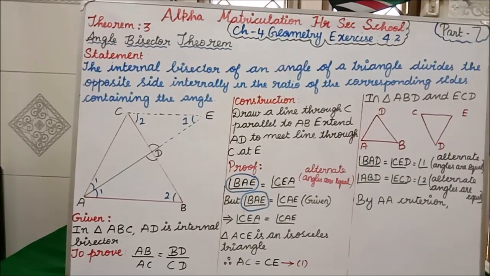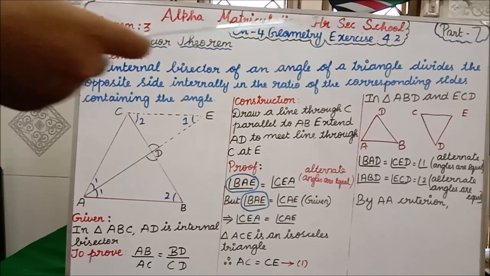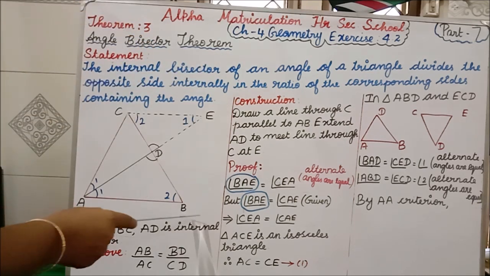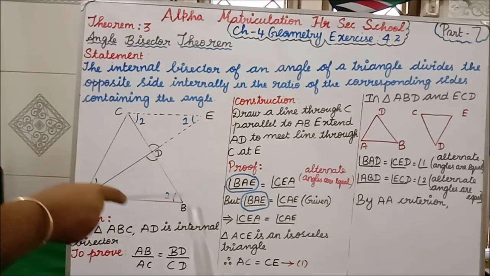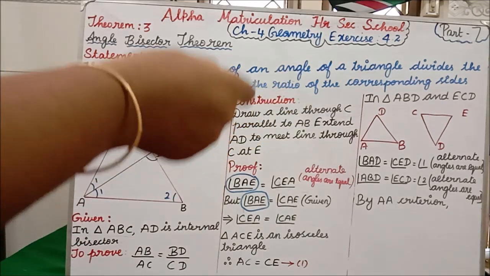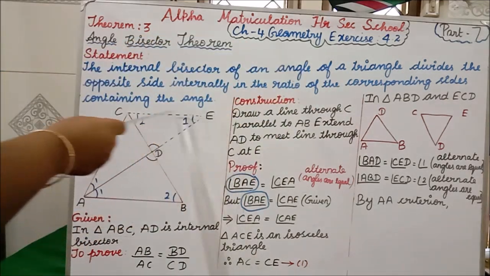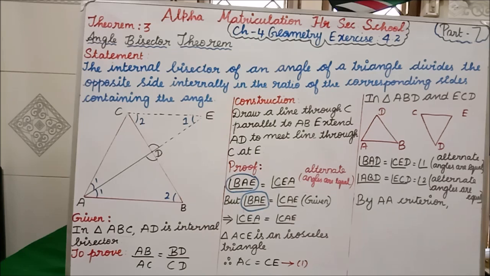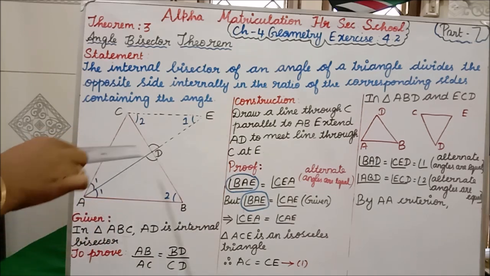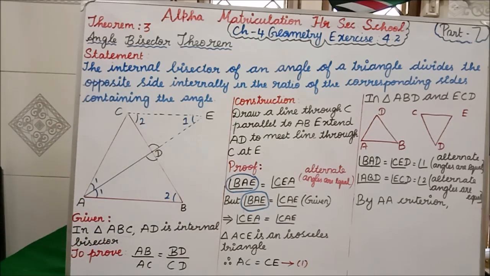Next we are going to take two triangles. The first triangle we are going to take is ABD and next we are taking ECD. Now, what are the two triangles we are taking from the diagram? The first triangle is ABD, this triangle we are taking. Then ECD, this triangle ECD. Okay, clear all of you? This part triangle and this part triangle, we are taking now two triangles.